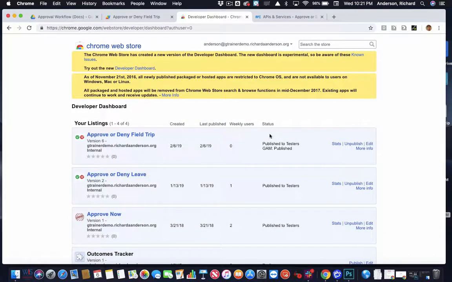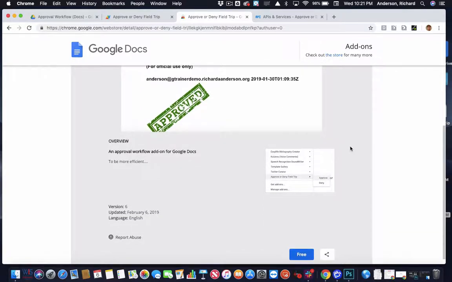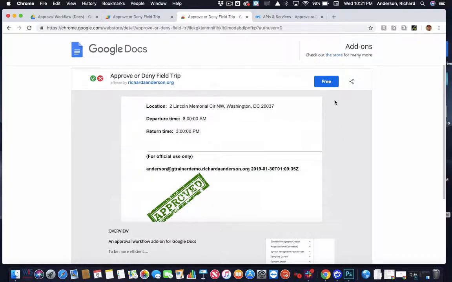And we can see under the status that it has been published to testers and to the Google Apps marketplace. So if I click on it, I get that familiar, oh, this is a free add-on. I can install it. But instead of doing this, what I want to do is walk it over to one of my other users,